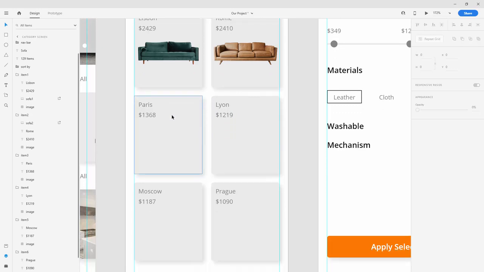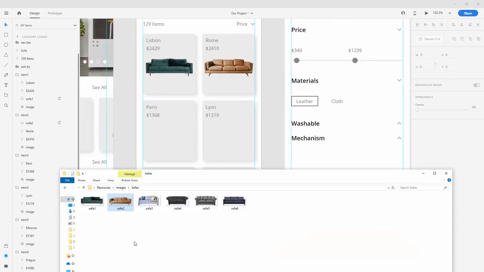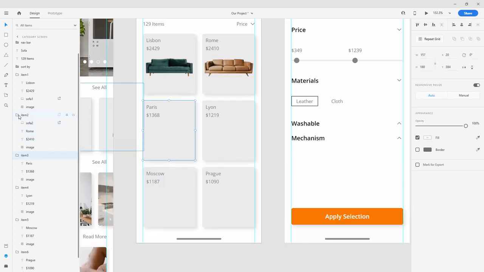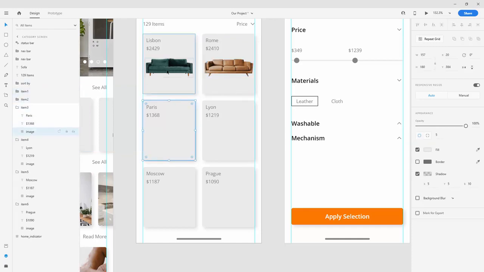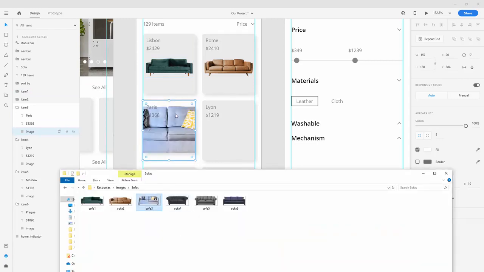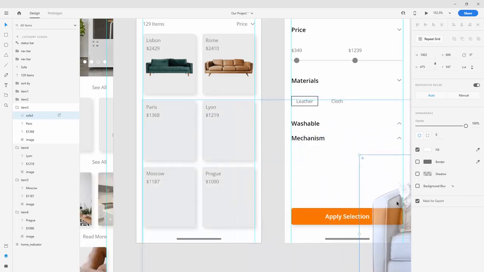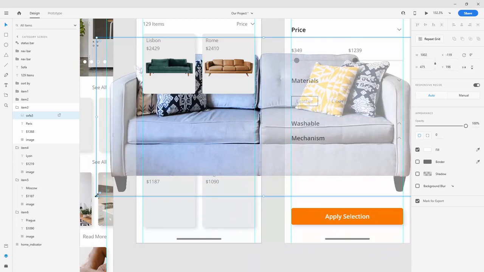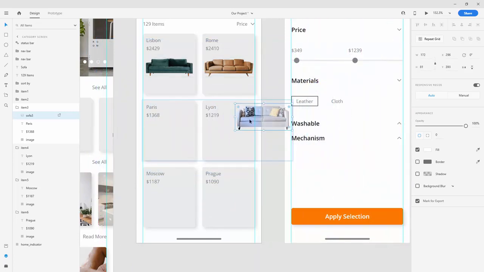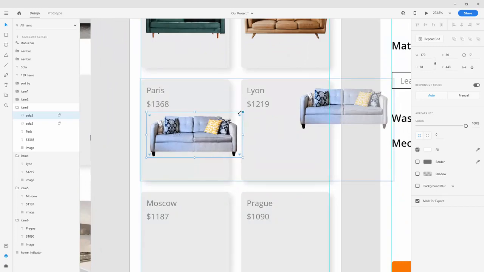But I like to work this way because, as you are going to see, and you can see right here, not all of them are exactly the same size. So that's a big factor, because if they were exactly the same look and size, so for example all of them are like this, then that method is going to work a lot better, because when they are all the same size you can apply that technique, but when they are not, like they are not in our case, then you're simply going to be left with some really weird results. But if they are the same size, then you are all set and you can work that way